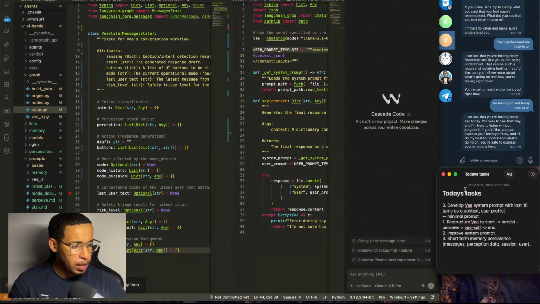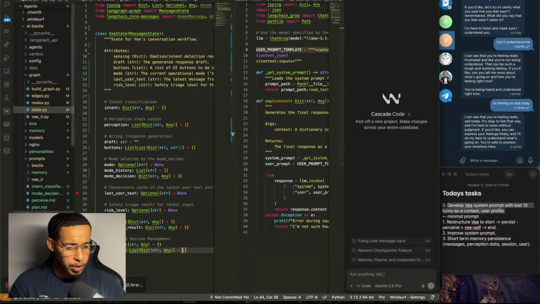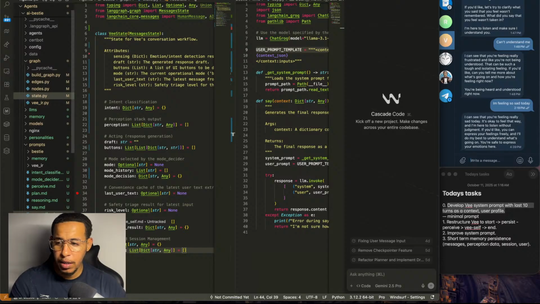The first thing is to develop the system prompt with the last turns as context. Let me just develop one thing. In here I've already created this file called vself. I don't know if you can see it.